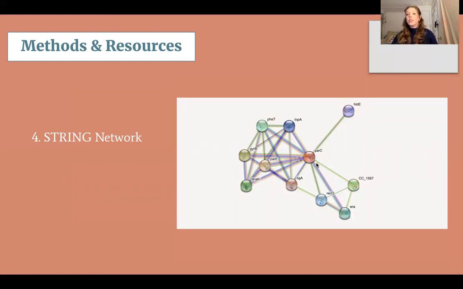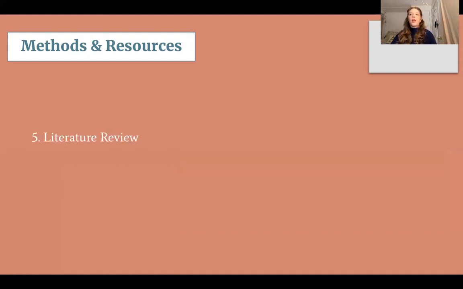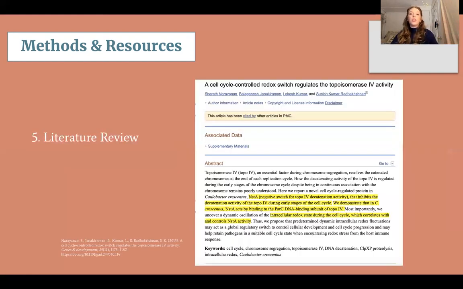So right here is PAR-C, that's topo-4 subunit A, and you can see all the different types of proteins and all the different types of genes that are related to PAR-C, either found out experimentally or they're known to be in relation to PAR-C. Lastly, I'm doing a literature review. I'm able to collect some information about previous experiments